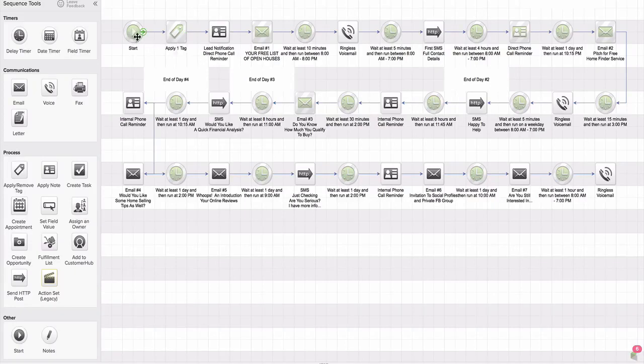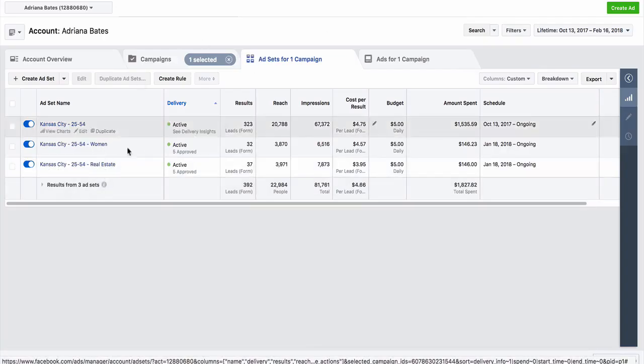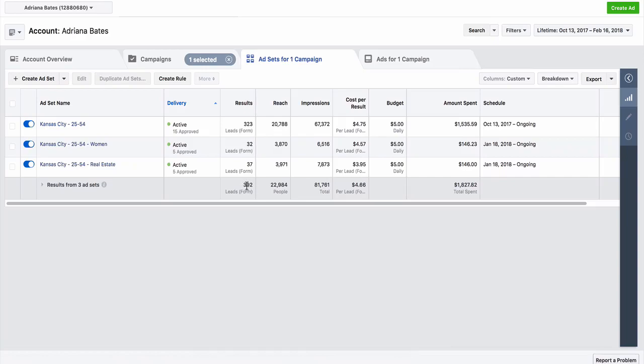So we start this campaign, and this is kicked off by somebody filling out the form on Facebook. You can run this inside any CRM, and we're actively working to build this out for you so that you have a CRM program where we can just give this to you. But I wanted you to see it so that you can take it and load it into whatever CRM it is that you have. So the lead is generated from Facebook, and as soon as these leads fill out this information on Facebook,